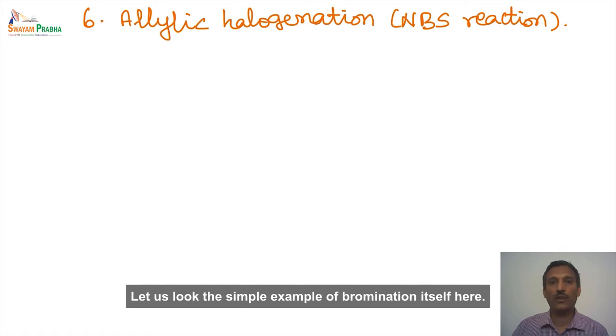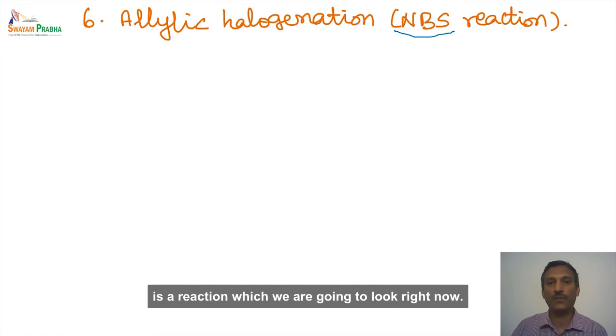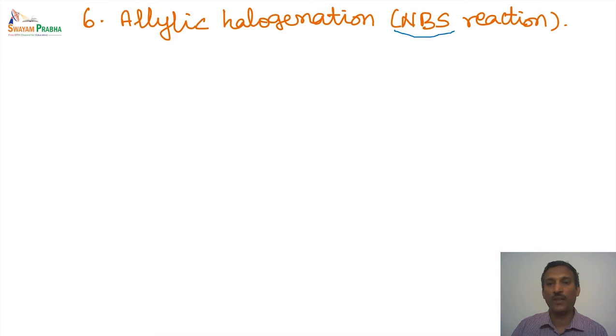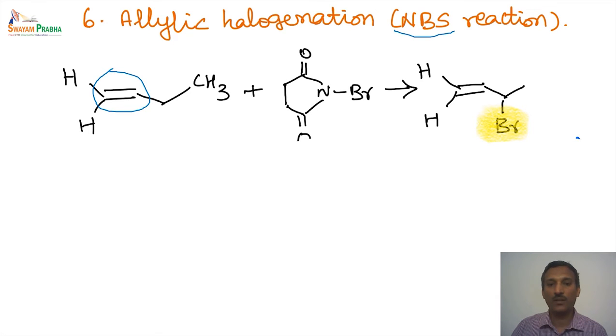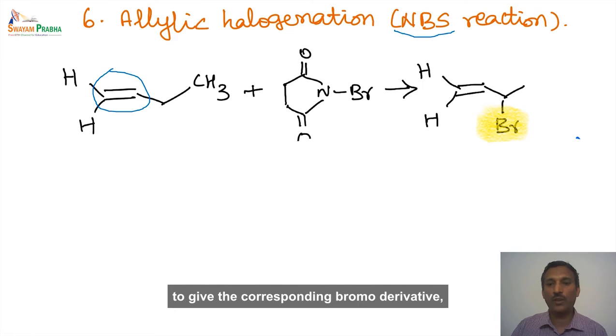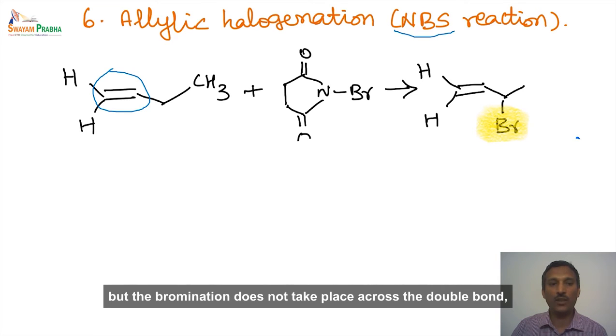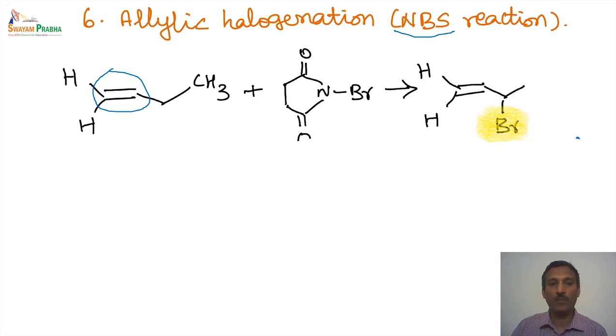Let us look at a simple example of bromination itself here. So this is the allylic halogenation. Basically, allylic bromination is a reaction which we are going to look at right now. In this case, an alkene reacts with the N-bromosuccinimide to give the corresponding bromo derivative, but the bromination does not take place across the double bond, but it happens